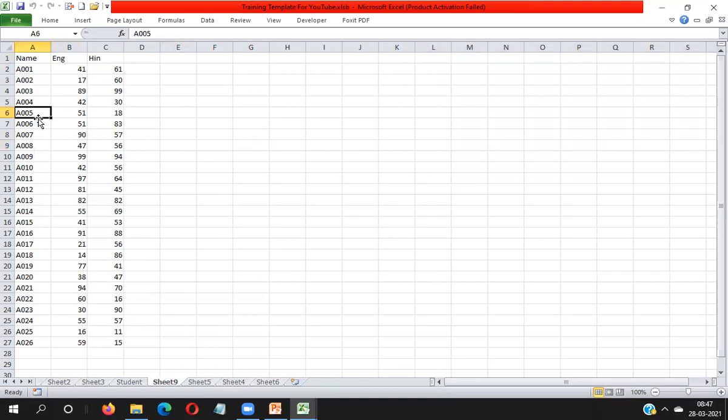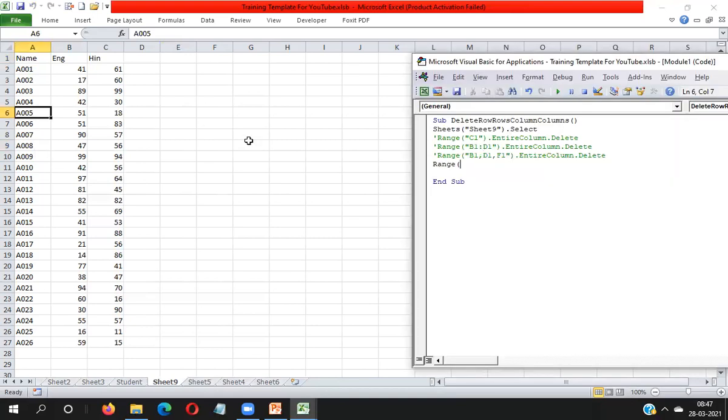Row number 6 has A005, so I'm deleting row number 6. I can take any column reference here, but the row number should be 6. I'm taking B column reference and the row number fixed at 6, dot EntireRow.Delete.